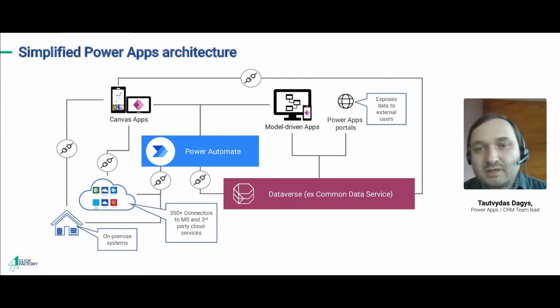Somebody would say that it's just a database as a service, but actually it does much more than that, because it provides you with all the security model, with the import-export, automatic integrations, possibility to develop and attach the plugins as the business logic inside. It's not only about storing data, but it's lots of additional services surrounded on top of that. So when you compare whether it's just a SQL server or SharePoint to store your data, or Dataverse, so Dataverse is really, really rich and an enterprise-ready solution for this. And you might get many features for free, and you won't need to develop if you would go, I don't know, for SharePoint or for